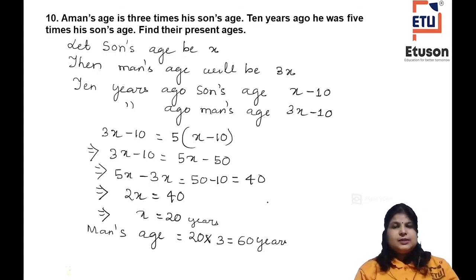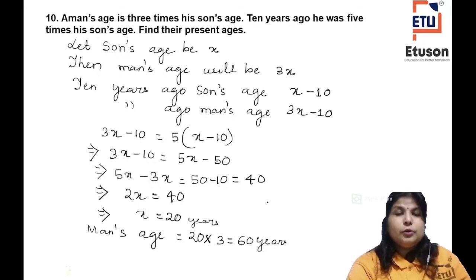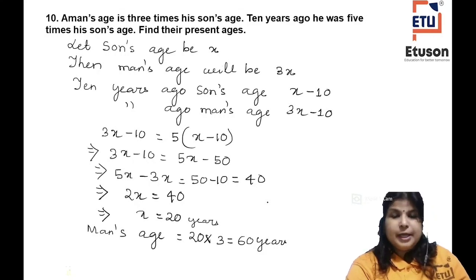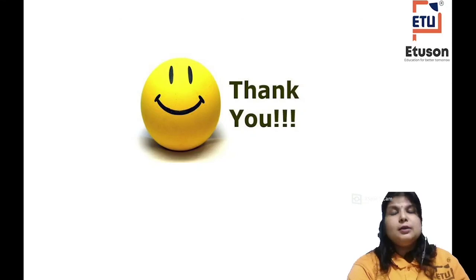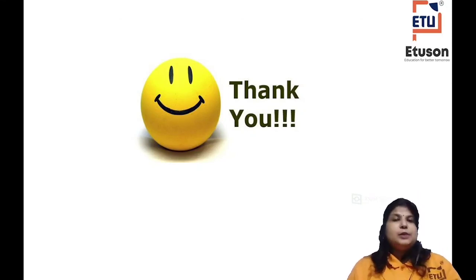Correct? We have already done 2-3 problems of this type. So there should not be any doubt in these age related problems. Correct, right? So you solve more and more problems, your concept will be more clear. And don't forget to solve the problems which I have not done. That is all the odd number questions, that is question number 1, 3, 5, 7 and 9. Okay, so that is homework for you.